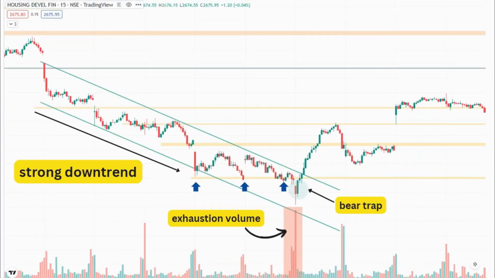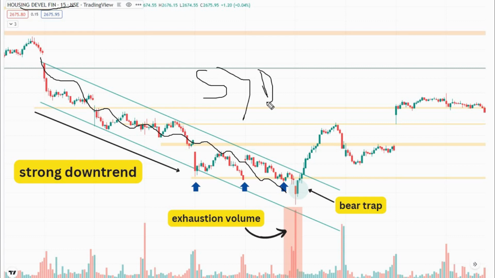See here, this is the chart of HDFC Limited on 15 minutes time frame. Strong downtrend. Okay, strong downtrend. There is no question about that. Supply is overcoming demand very, very aggressively. Okay, now see,